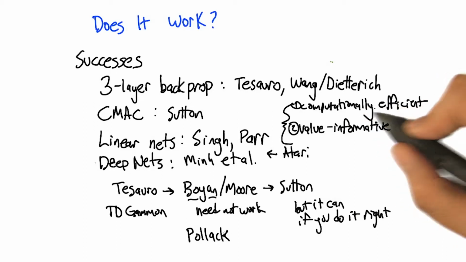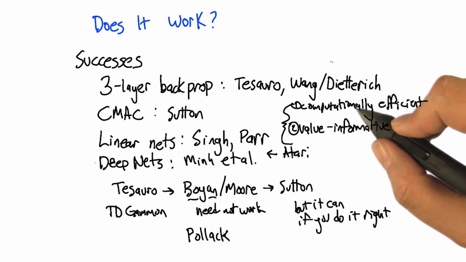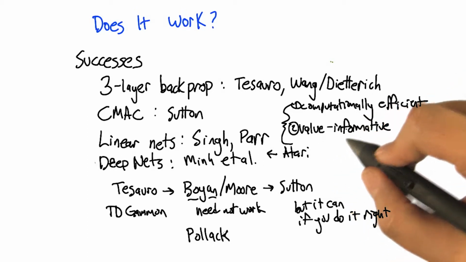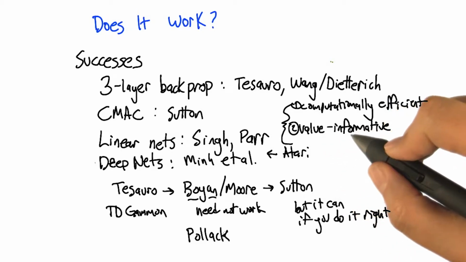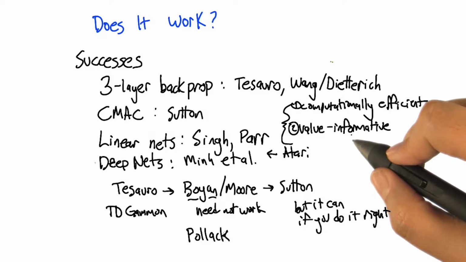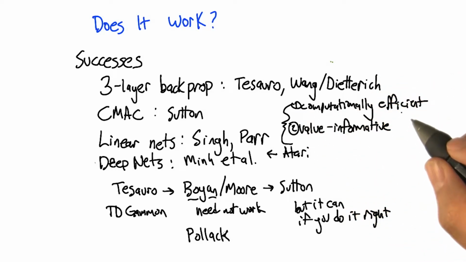Right. So we have to somehow get features that we can extract efficiently from the state. But again, that's really easy to do. We can just return the state as a feature. It's really important that it actually also be value informative, right? So that one feature actually gives you lots of information about what the predicted value ought to be. So somehow balancing these two things is often very tricky to get to work.